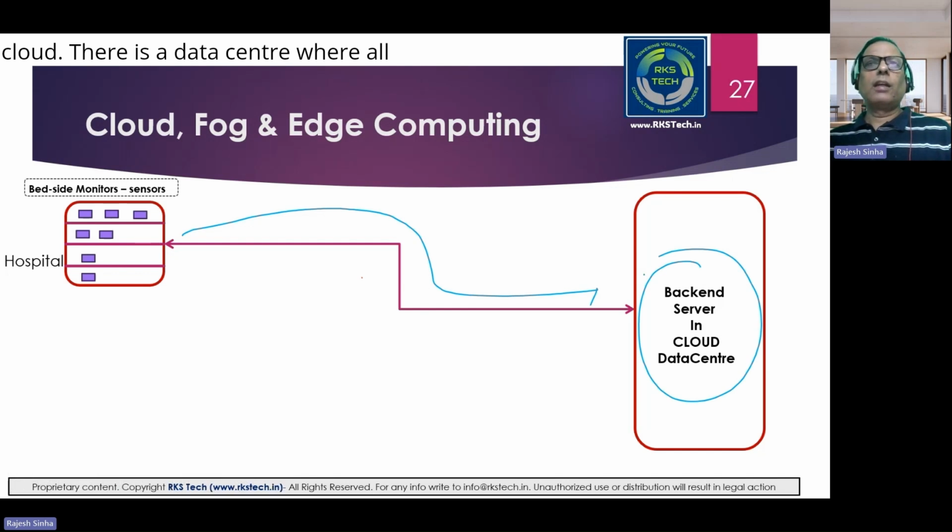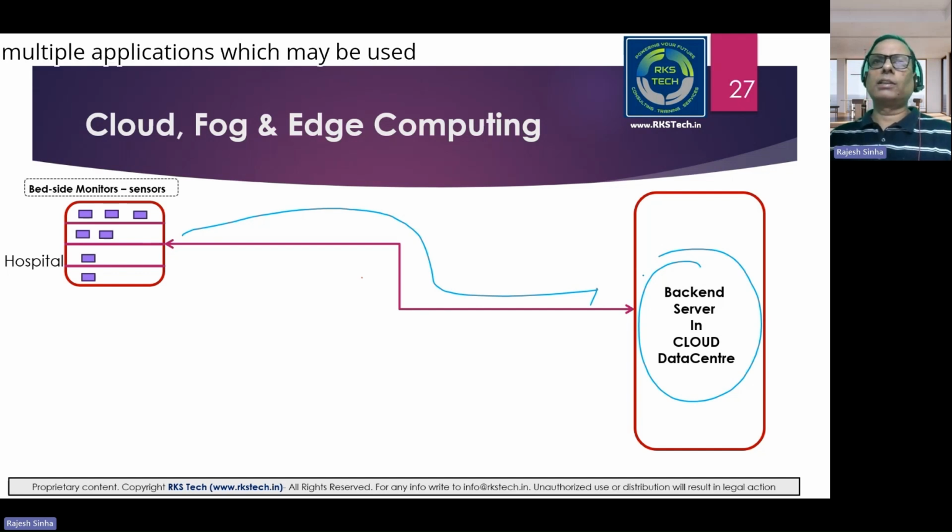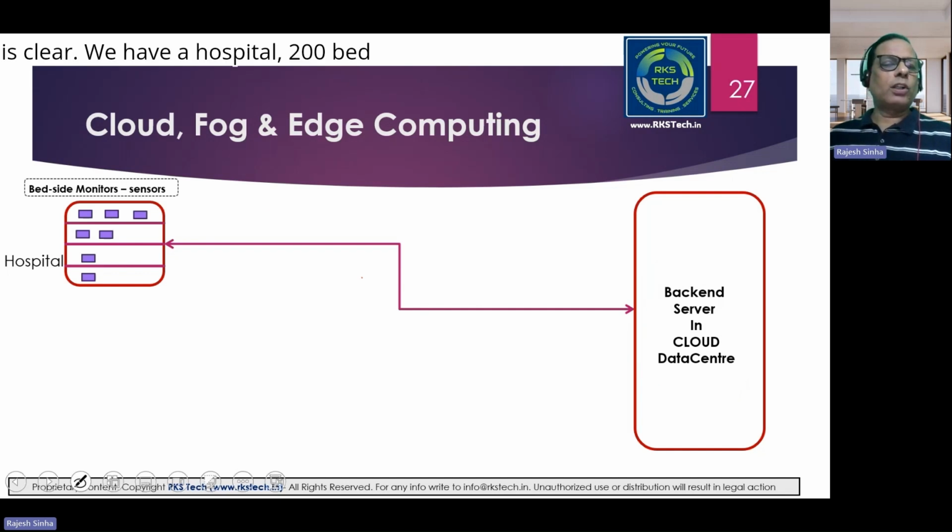There is a data center where all the data will be pushed and all this data will be processed from there. And then behind the scene, you may also have multiple applications which may be used for various purposes like monitoring. This is clear. We have a hospital, a 200 bed hospital. All these 200 beds have got bedside monitors, and these monitors are constantly capturing data and sending it to the backend